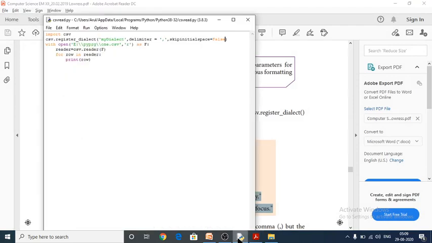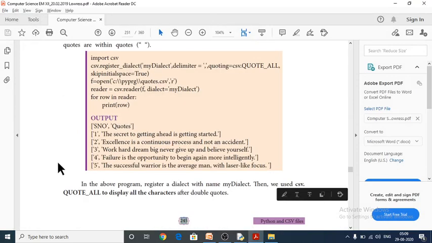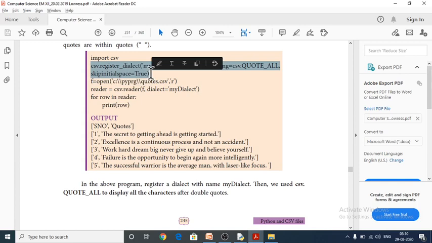and open your Python programming language. Here see, again we have to give some code in the dialect, quoting. It should be given at this level. It should be given to open double quoted data. Quoting should be given as csv dot QUOTE_ALL. See here, to open the double quoted data in Python, the csv dot quote all setting should be given. So here I would like to give this one.